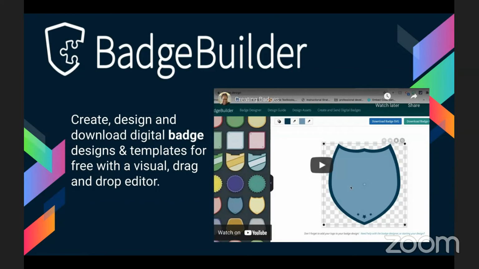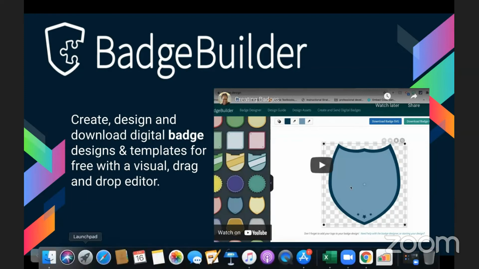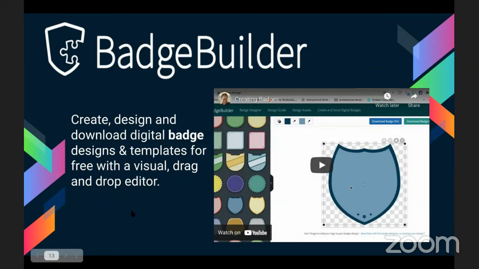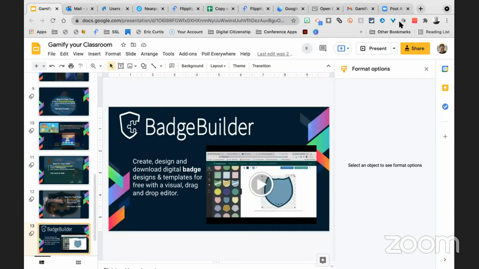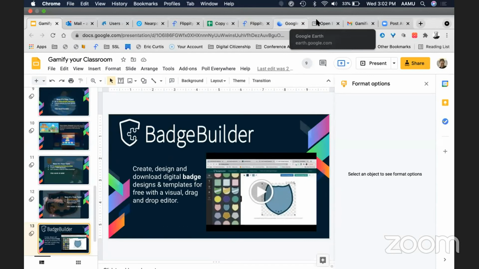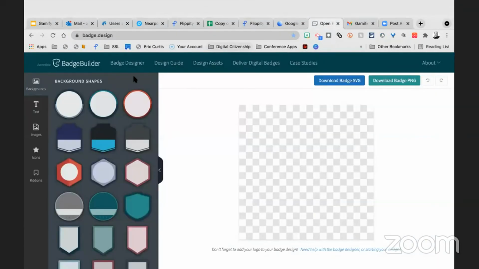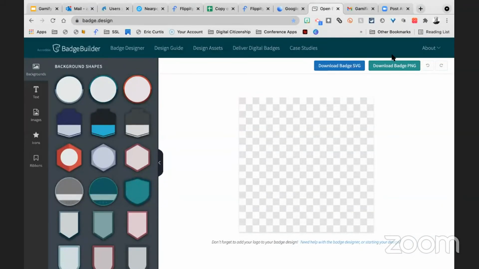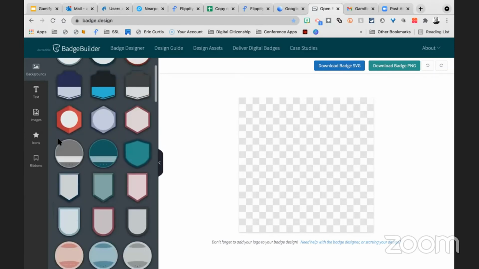So what we're going to do is go into Badge Builder, and I'm going to create a badge first, okay? And then I'm going to let you go in, and you're going to create your own badge that you think you would like to share with your students, okay? So let me get out of here. And then I am going to go to Badge Builder. All right, remember, this is free. And I have to keep saying that because I remember being in the classroom, and when people would be showing me things, if it wasn't free, I really didn't entertain it.